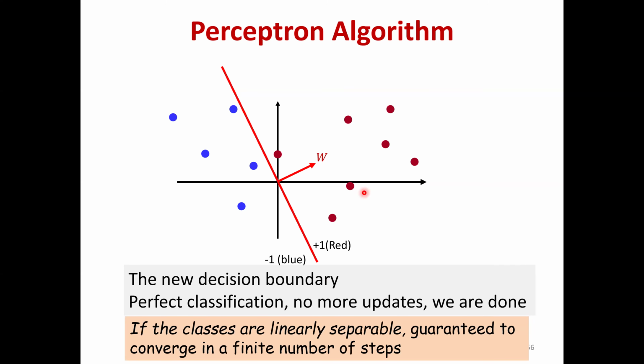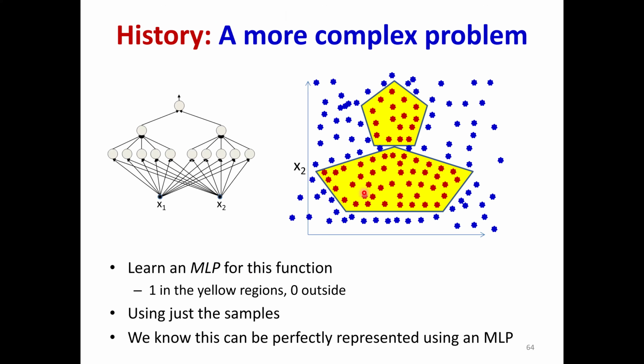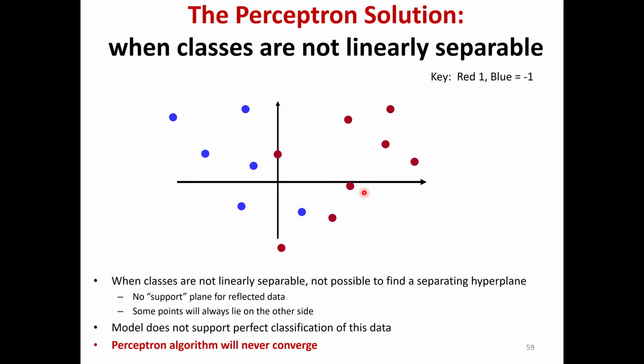Because you're always going to find a misclassified instance and you're going to keep adjusting your weight vector, right? There is no such thing as a linear classifier which you can find. And so when the classes are not linearly separable, it's not possible to find a separating hyperplane. So the perceptron algorithm will never converge. If you have data of this kind, the perceptron algorithm will never converge, right? So this is clear, right? But